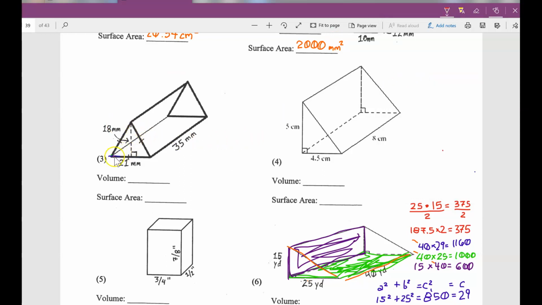Okay, so first off, we need to figure out the area of this front triangle, which is going to be the same as this back triangle. Well, that's easy. It's 21 from left to right multiplied by 18 from bottom to top, and then because it's a triangle, you divide by 2. 21 times 18 divided by 2 gives us 189. But wait a minute, there's a front and there's a back. There's two of them. So we're going to multiply this by 2, which gives us